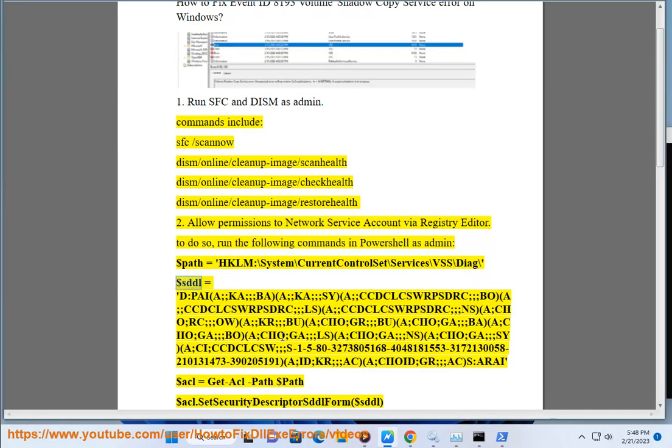\Services\VSS\Diag. $SDDL = D:P(A;;CC DCLCSWRPSDRC;;;BO)(A;;CCDCLCSWRPSDRC;;;LS)